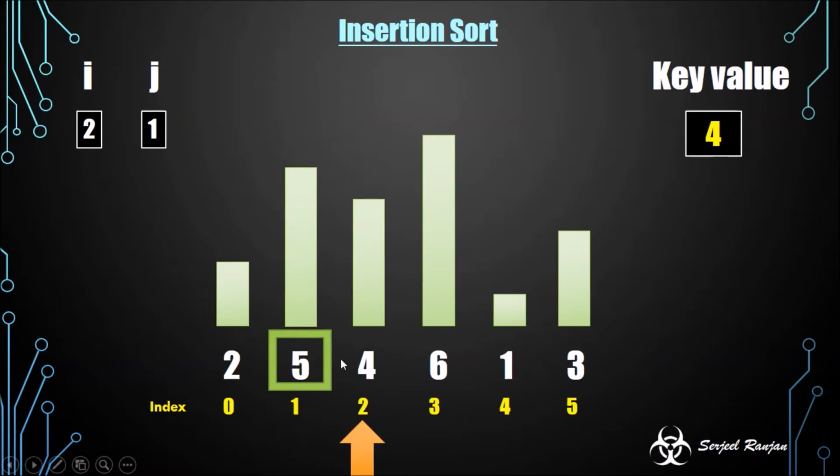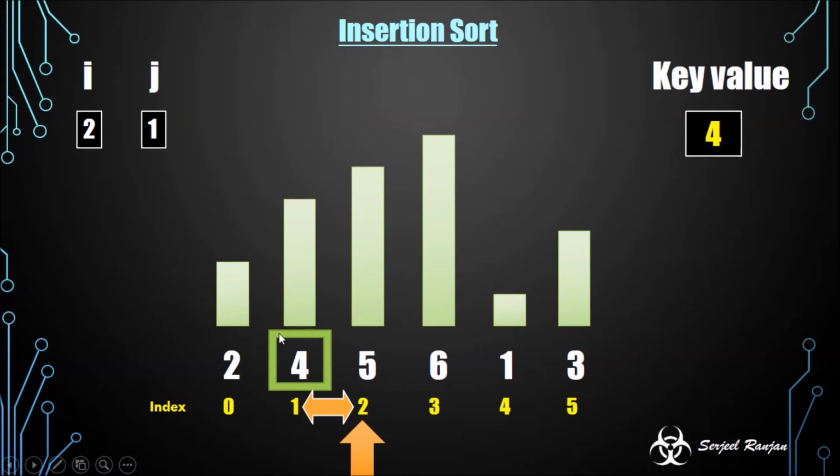So the box value will swap itself from the right element. So a swap is required here. So as you can see, 4 has come to first index and 5 has gone to second index. But the process is not over yet because there are still numbers left on the left side so that box can go or move on the left side.